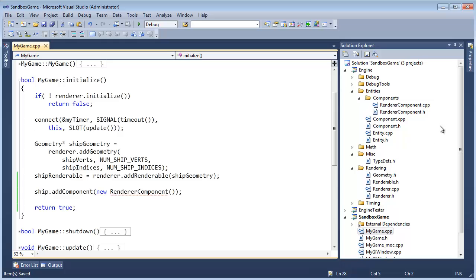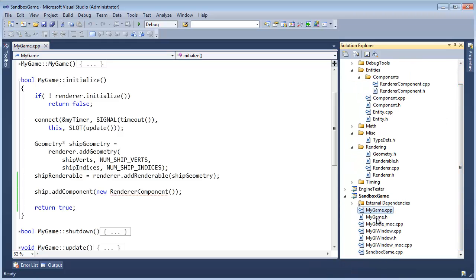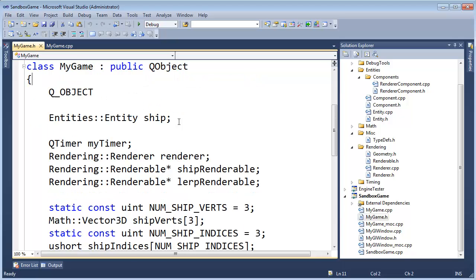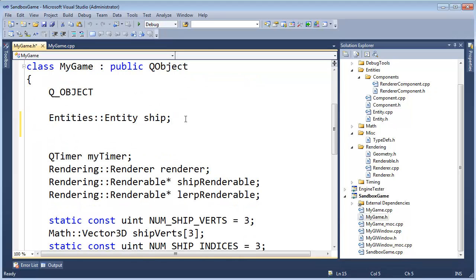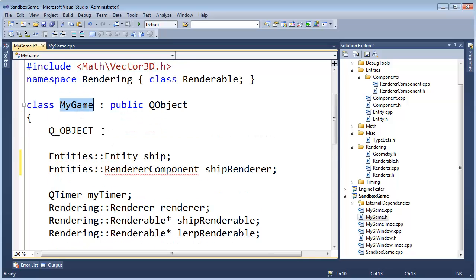So I think the simplest thing for our components is to come into my game right here, and when we say ship, right below that I'm going to say entities, renderer, component ship renderer. Alright, so when an instance of my game is created, the ship data will be right here, and immediately after, because C++ is bound to laying out the data sequentially, the component ship renderer will be right here. Something else to consider is the packing of this, but I don't want to get into packing